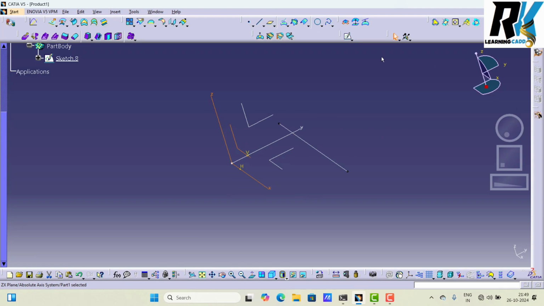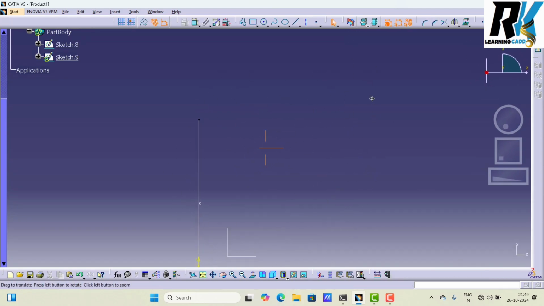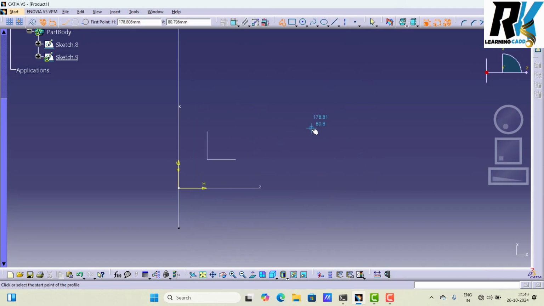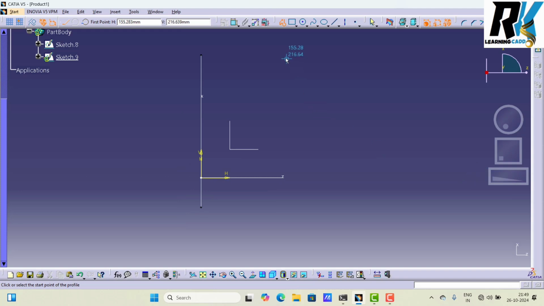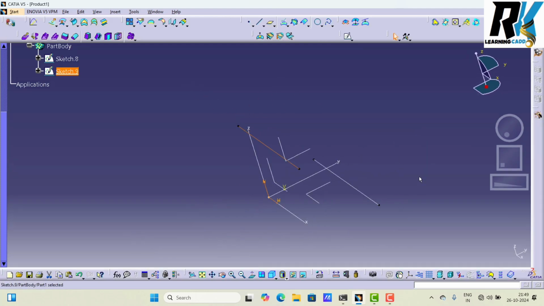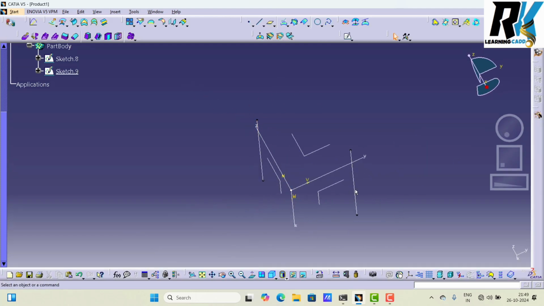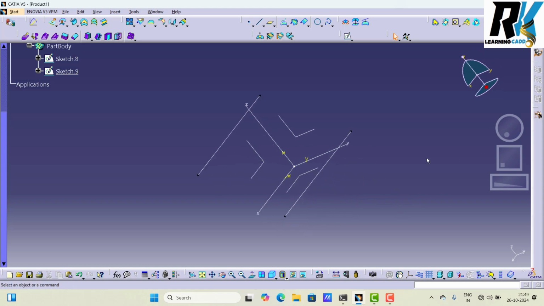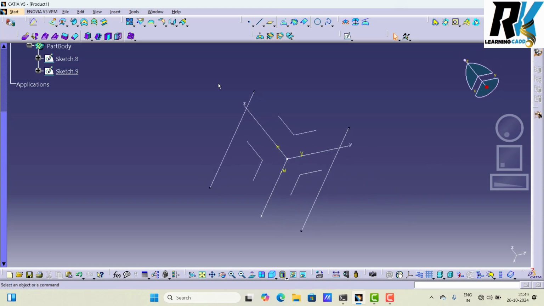So you just need two curves. You can make a curve also, no problem. I selected just line, two lines I made. I can make it in the same plane, no problem, but I made a different plane just for seeing.